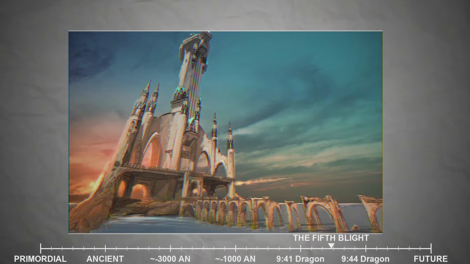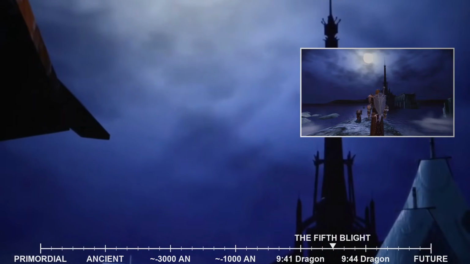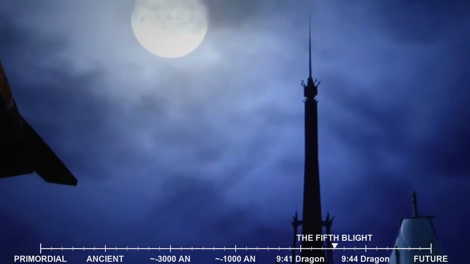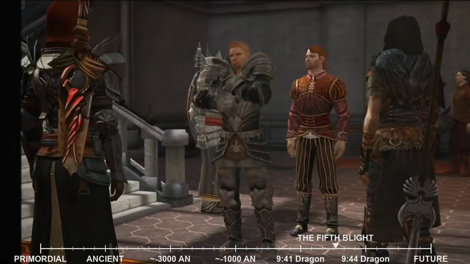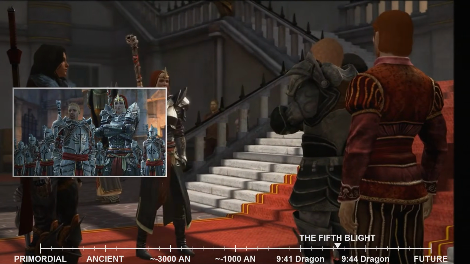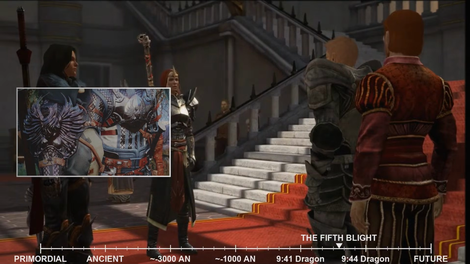The Circle Tower, a formidable structure built on an island in Lake Calenhad, was a center of magical learning and a place where mages were trained and, more importantly, monitored to prevent them from succumbing to the temptations of demonic influence. Despite the inherent distrust between Templars, the Chantry's military arm tasked with overseeing mages, and mages, the urgency of Arl Amon's condition compelled you and Alistair to seek their aid.